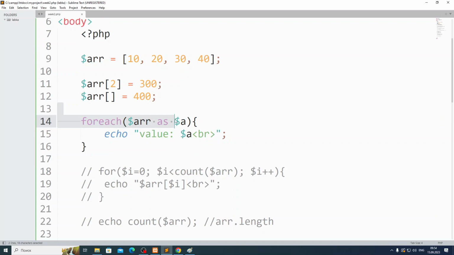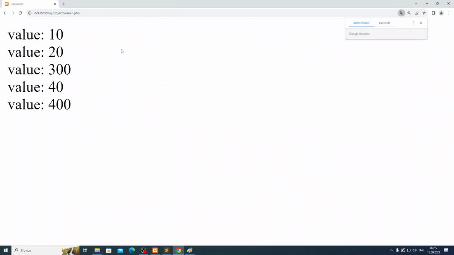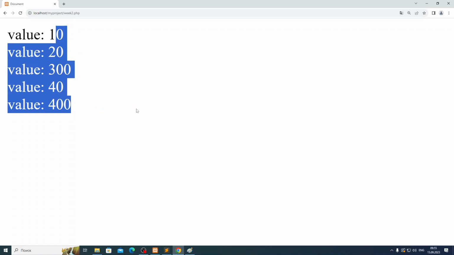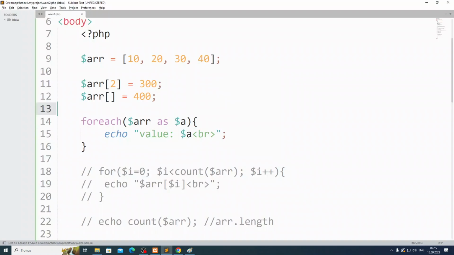Next value assigned to a. So it's taking one by one all values from your array, assigning to your a one by one, and you are doing something with this value. Okay, is it clear, guys? So here we don't use index, but we can use it, but mostly we do like this. So you'll see all values here also. Foreach loop is quite